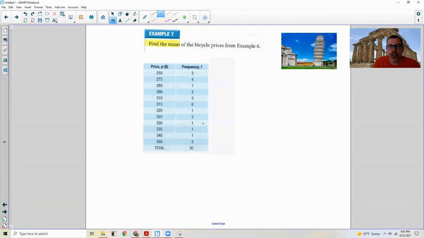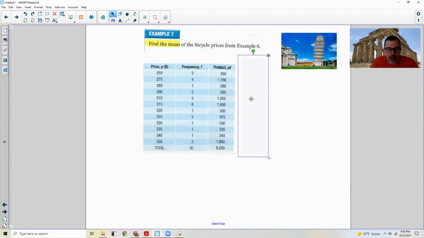So what we need to do is find the product of a price of one bike and multiply it by how many bikes we got. And that's what we're doing here. So we're going to do the product of P times F. We're going to take 250 times 2 is 500, 275 times 4 is 1,100, and so on, and so on, and so on. Okay, you add all of those up,